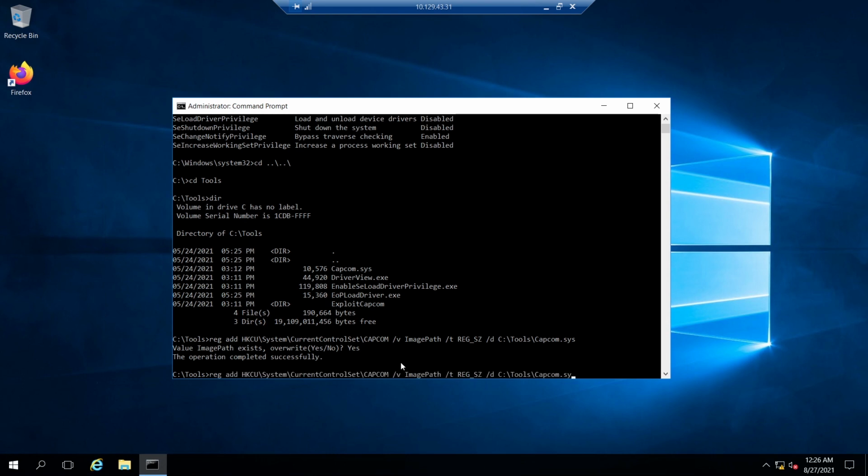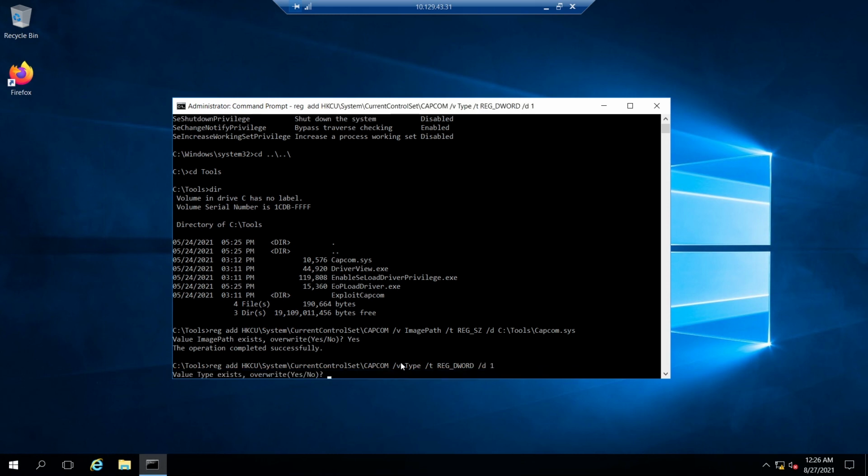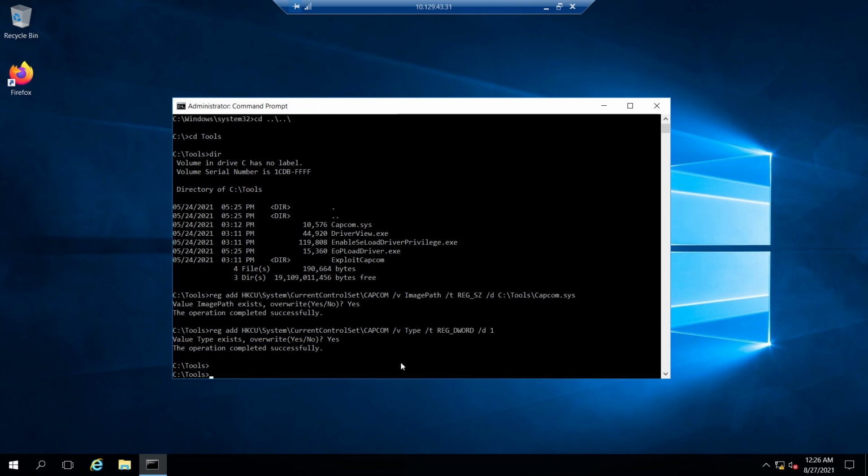Now we are going to add another value, that is Type. The value is 1. Now type yes and hit enter. Now we have added the driver successfully.